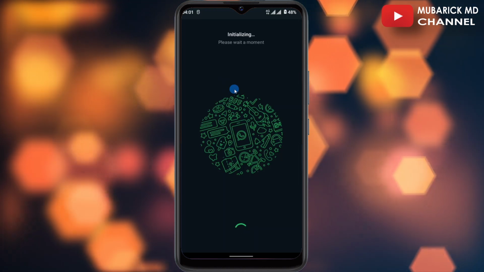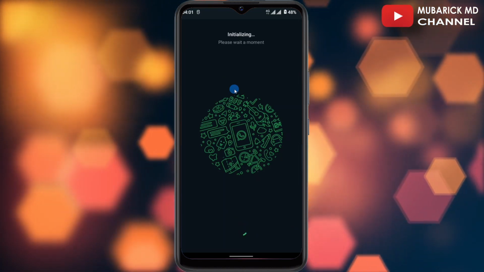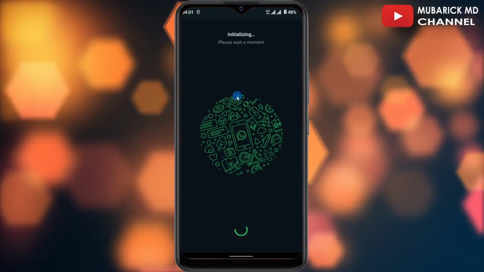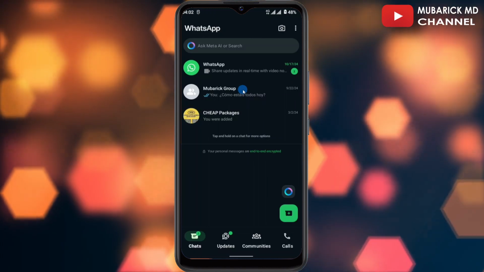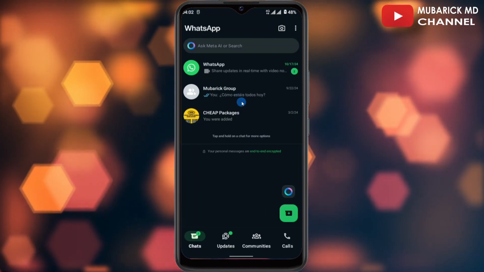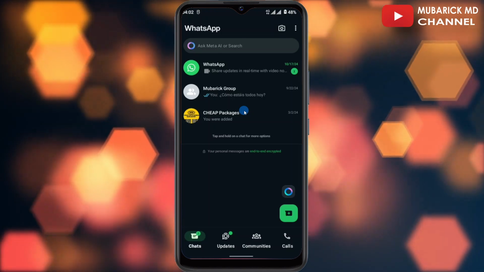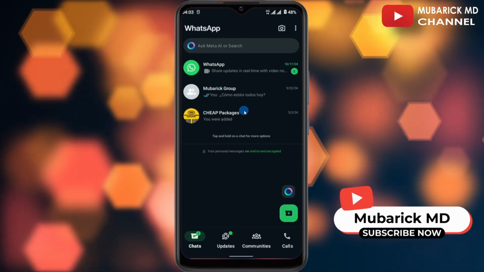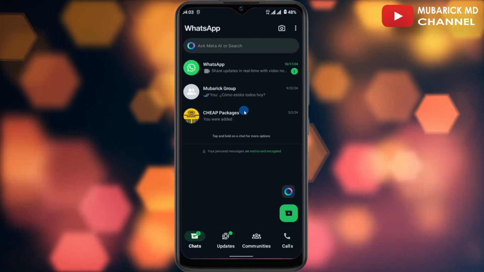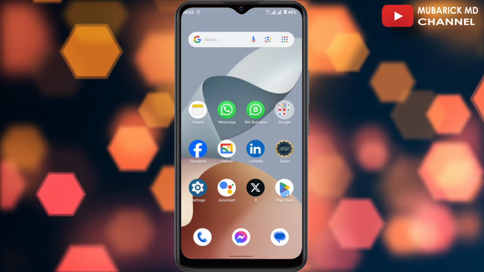I've already backed up on my WhatsApp app. So make sure to wait patiently for everything to be done here. Congratulations, you have successfully landed on your first WhatsApp. So now we're gonna add another WhatsApp that we want to install on this same device. So all we have to do is to minimize this one and then continue to click on our Play Store